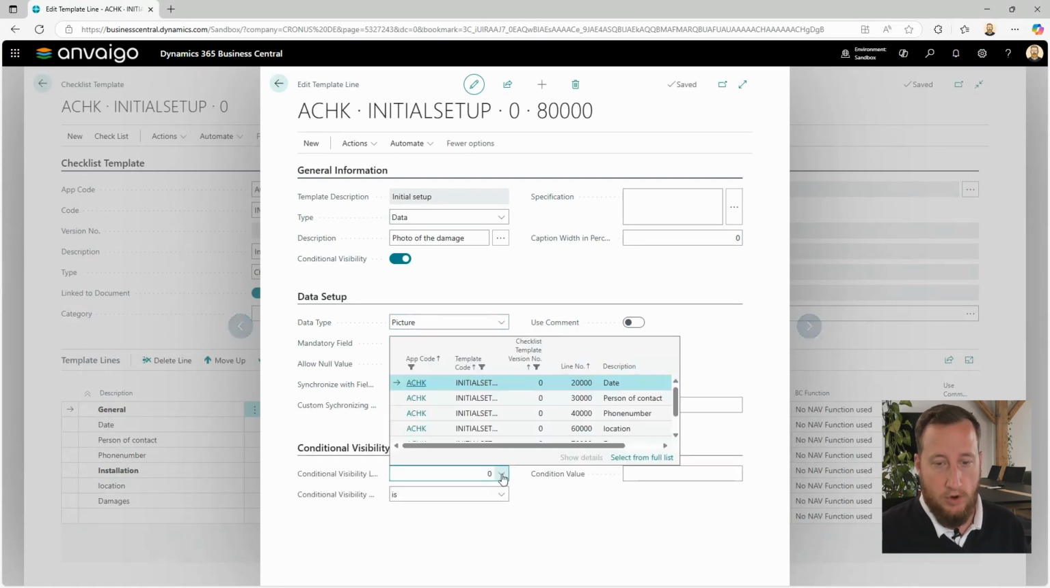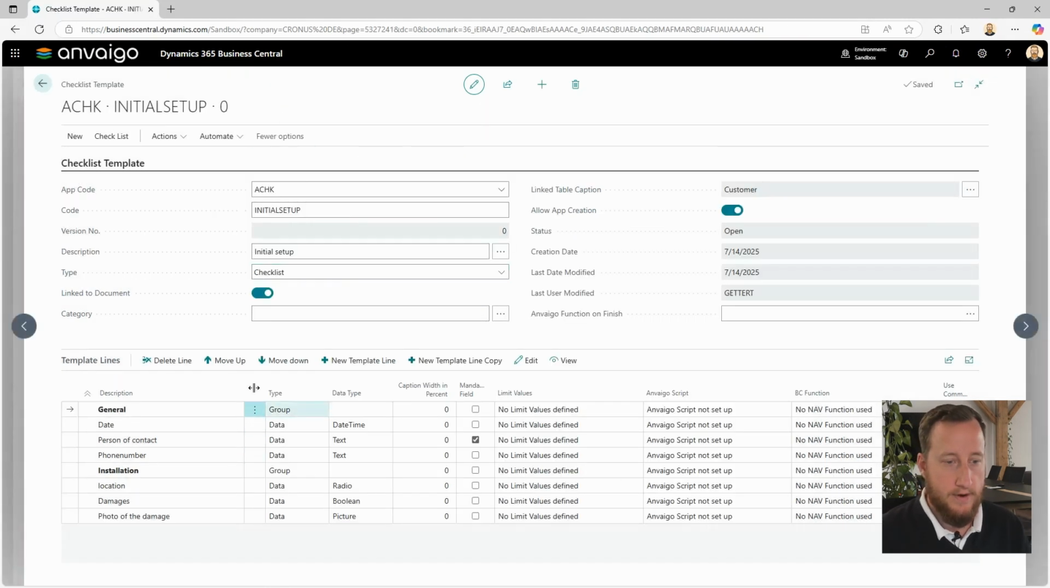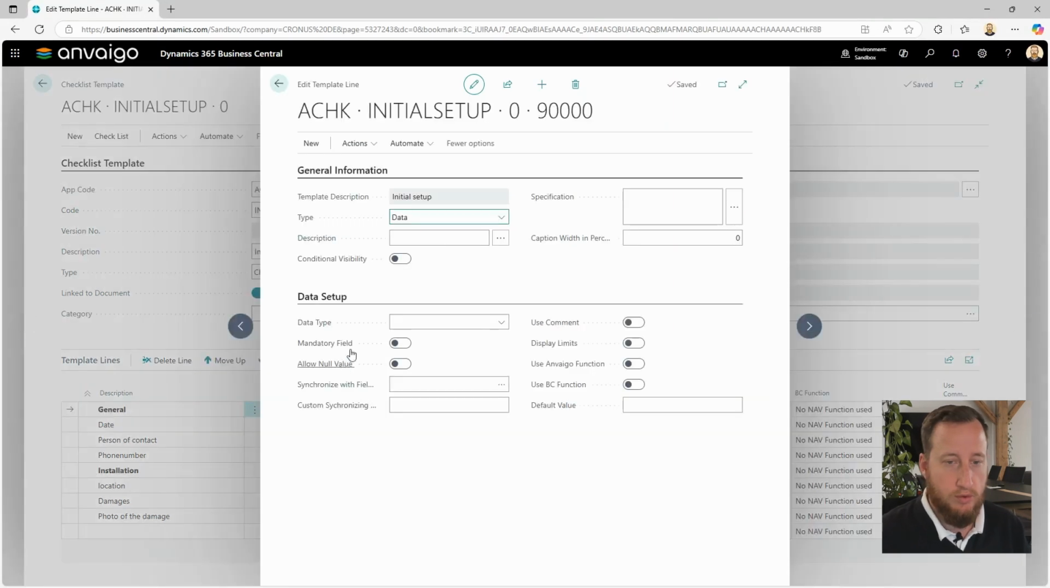That means only if the damage field has been marked as true, so that somebody said, yes, it's damaged, only then will the photo of the damage be part of the checklist and pop up. All right. Maybe we also want to highlight some things, or add some additional info at this point. So let's just call it